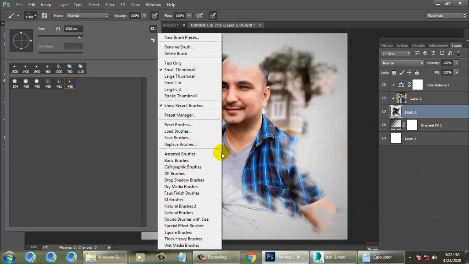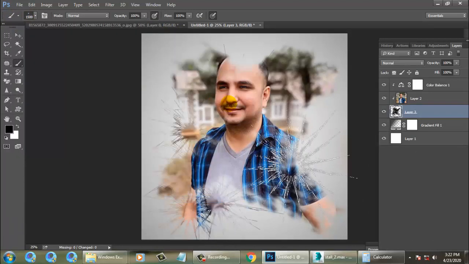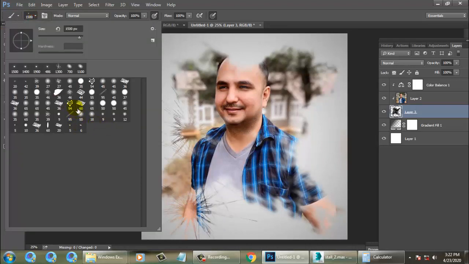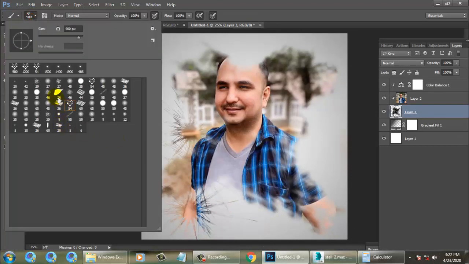You can also download some brushes from the internet. You can easily download some brushes, whatever brushes you want.